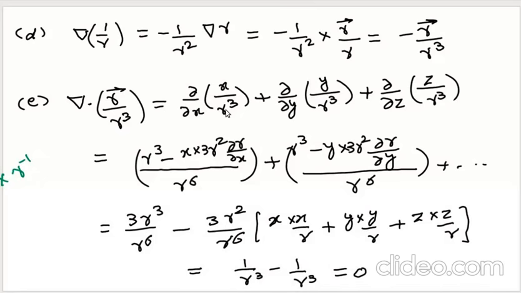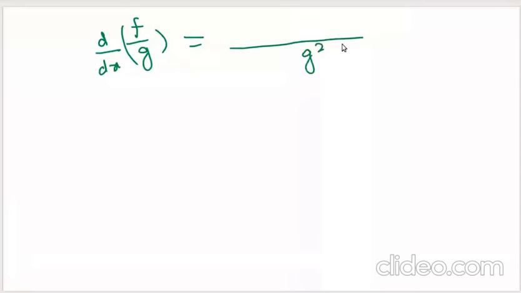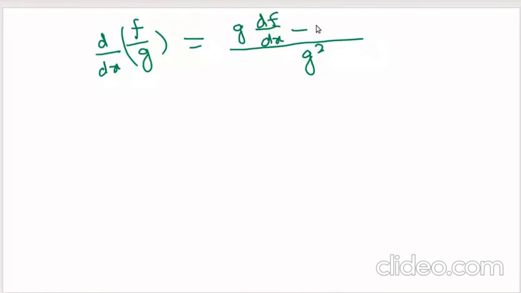Okay, let me use an empty slide because it is not allowing me to write. The quotient rule is, if you are taking some function in the form of f by g, and you wish to differentiate this function with respect to x, then take the square of the denominator, keep the denominator as it is, take the differentiation of the numerator with respect to x, then a negative sign, keep the numerator as it is, and differentiate the denominator with respect to x. So this is the quotient rule. I have used this relation here.